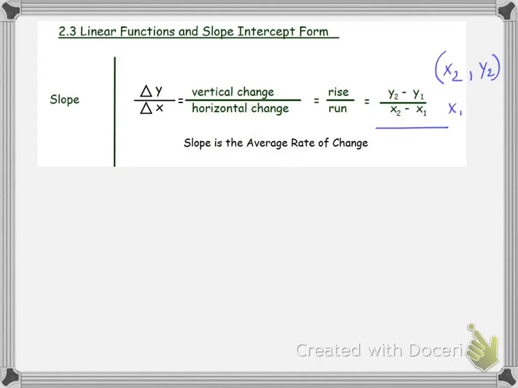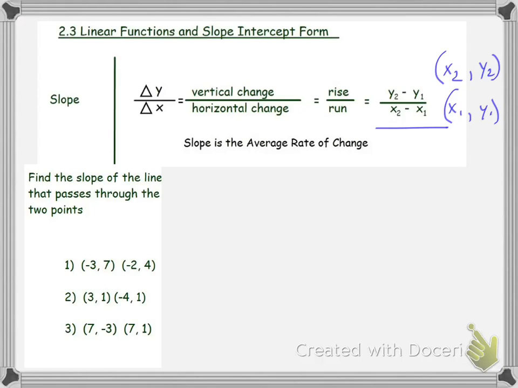x1 and y1 come from the same point. Okay, it's the first point and the second point. So we're going to try to find the slope of the line that passes through these points. If you have to, label them: x1, y1, x2, y2. Okay, so you have y2, which is 4, minus y1, which is 7, divided by x2,